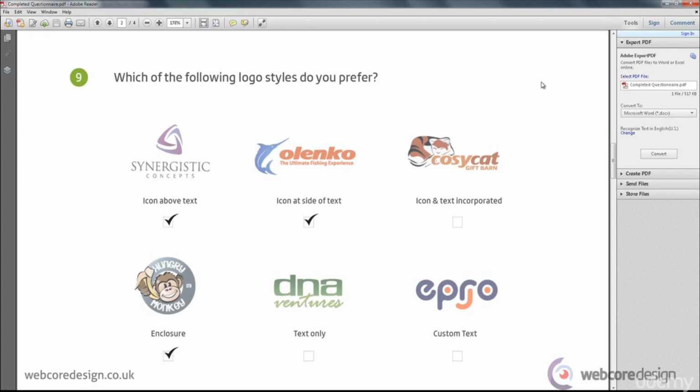Now, an icon above text is self-explanatory. The icon is above the text. Icon at the side of the text, also self-explanatory. The icon is located to the side of the text. Whilst the example shows the icon at the left of the text, it could also be used at the right hand side. It could be used diagonally on the right hand side or diagonally on the left, so that it's